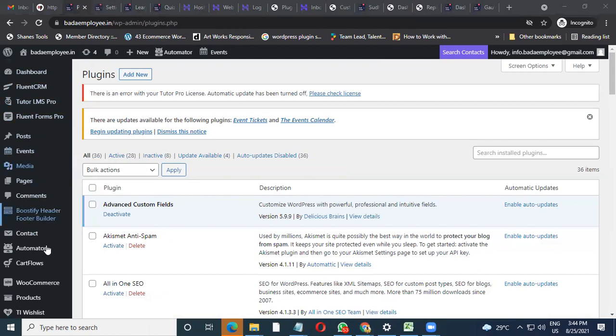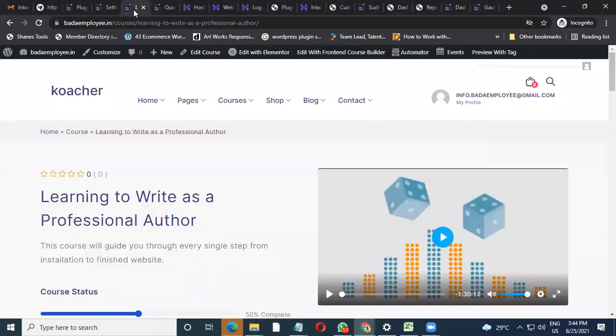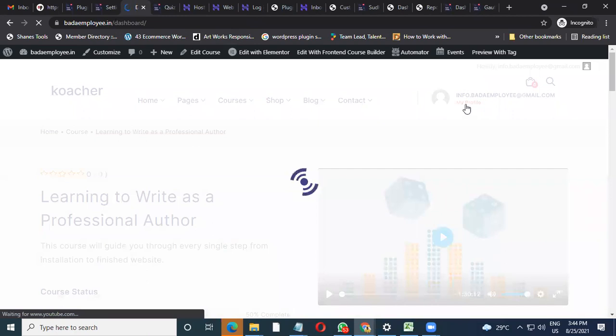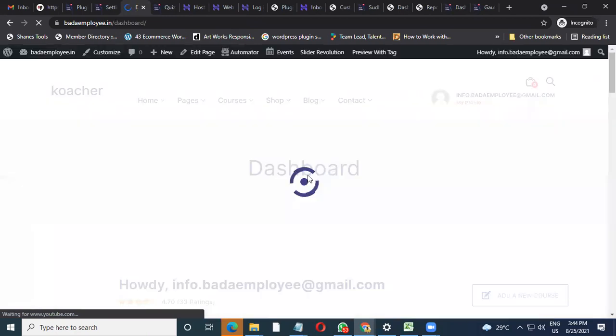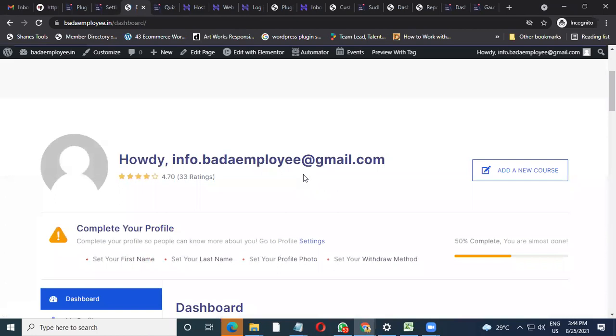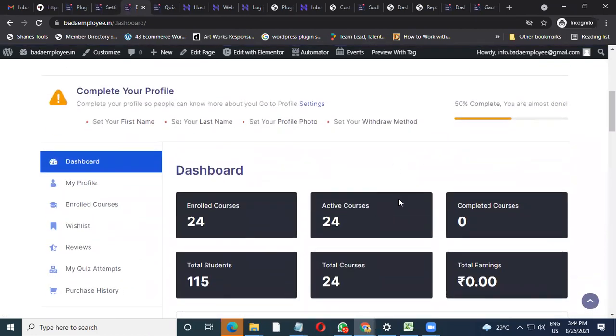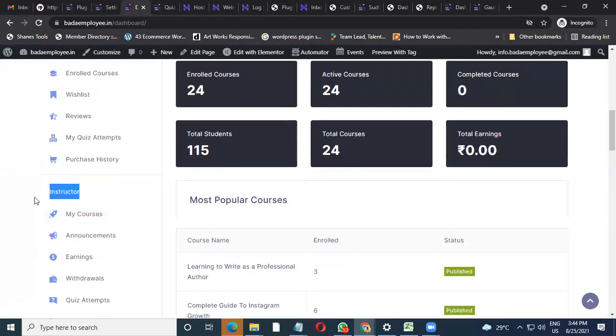We are talking about these. The one is the admin part of it, right? You're talking about these three phases. So three levels are there. If I click on my profile on a website, this is an instructor level. So what you see is an instructor level, and that's why you have an option of instructor over here.